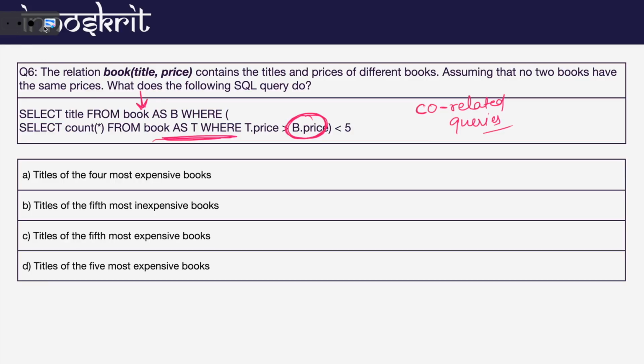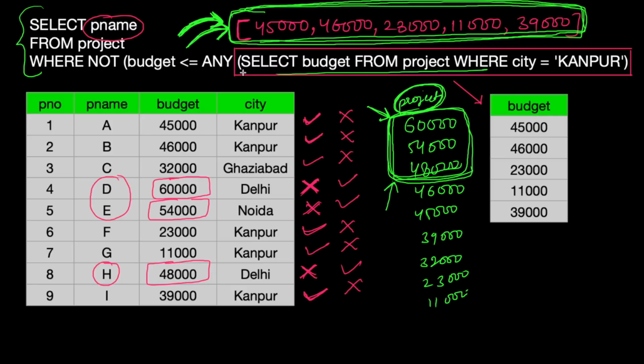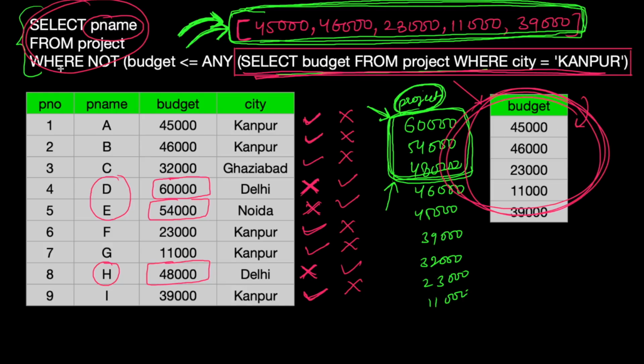If you see the previous example, we simply first solved the inner query. We ran this query completely and fetched the data, and this data was used to solve the outer query. I repeat myself again.